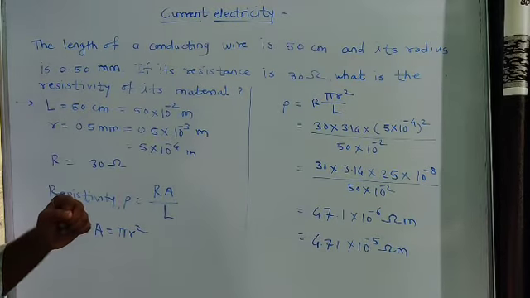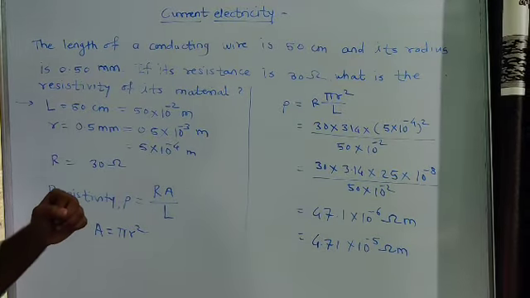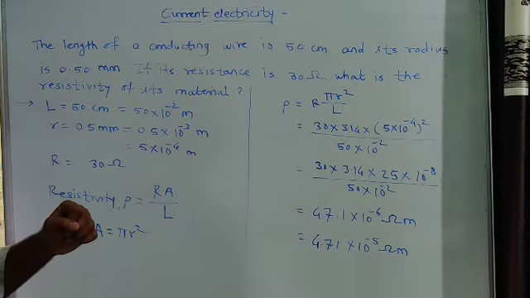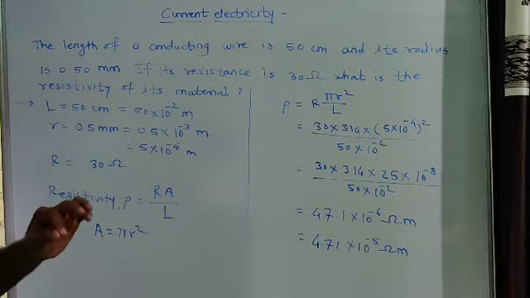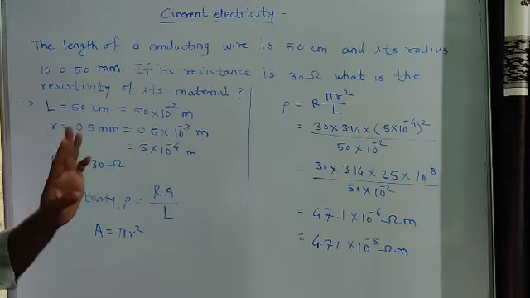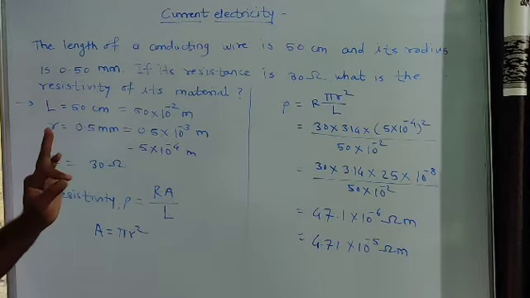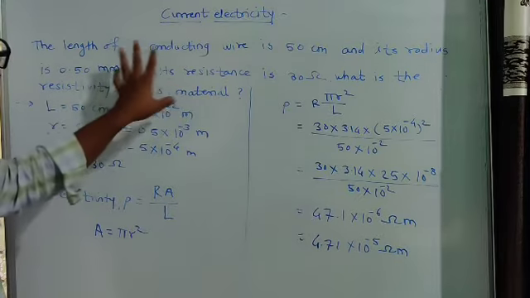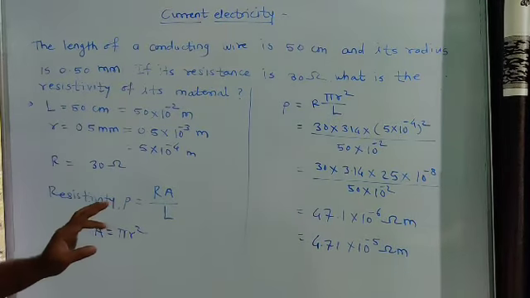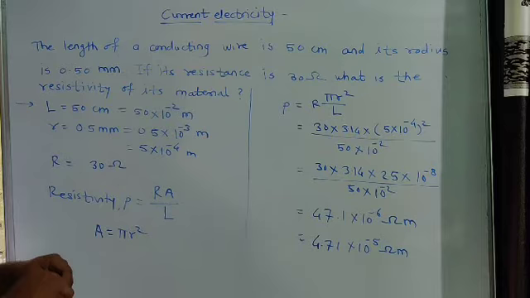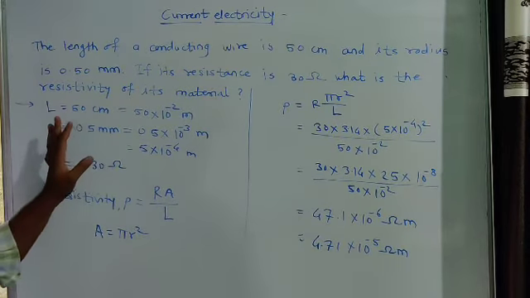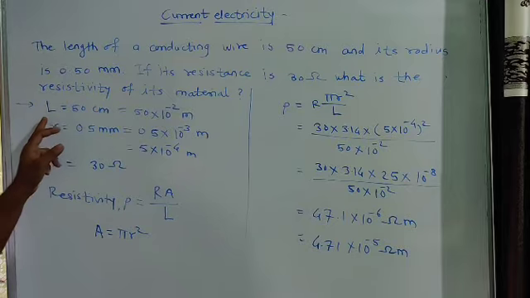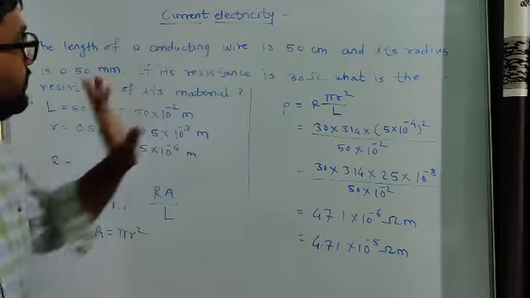Resistivity is the term which gives us the exact value of resistance present per unit length of a given material. So in the given dimensions of the material, we have to find out what the resistivity is. First of all, we have to write all the given data. Length is given. Length of wire is how much?